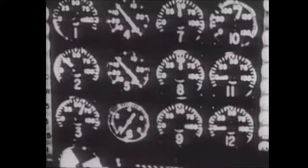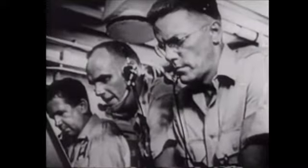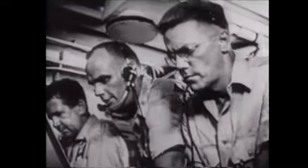Under the direction of General Clarkson, task force commander, M-hour approaches with terrifying rapidity. Do not remove goggles or face burst until 10 seconds after the first light. 8, 7, 6, 5, 4, 3, 2, 1,